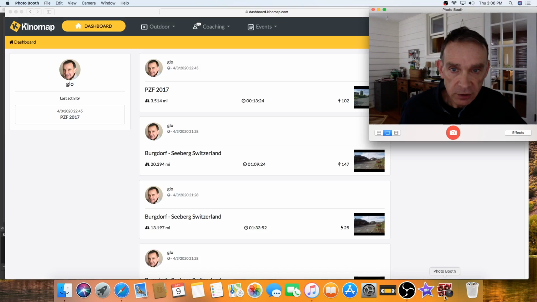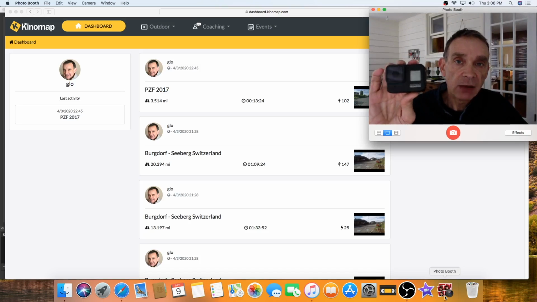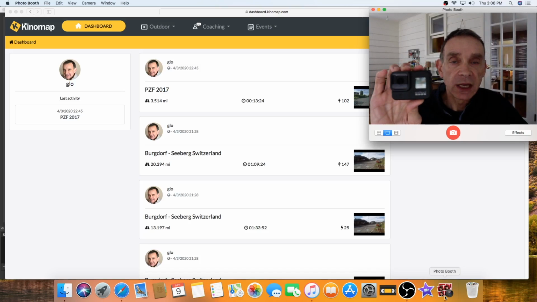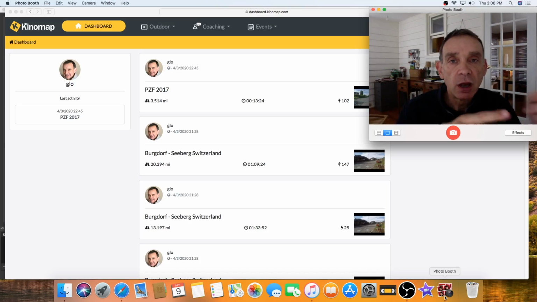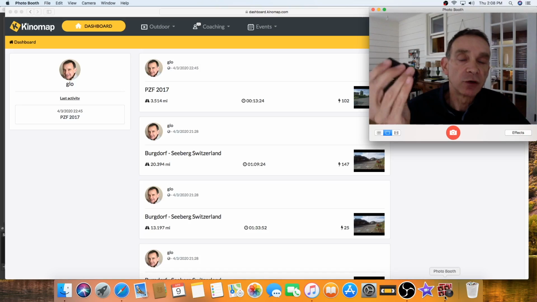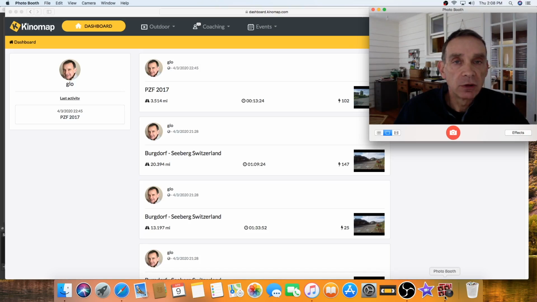But before you can do that, you're going to need to download an application. When you record a video onto an action camera, depending on the length of your video, it actually does not record it as one video, but as a bunch of videos that when put together constitute your ride. So for example, on my GoPro, it records it in chunks of videos of about 10-11 minutes. So if I go on an hour ride, I'm going to have 5 different video files which when put together